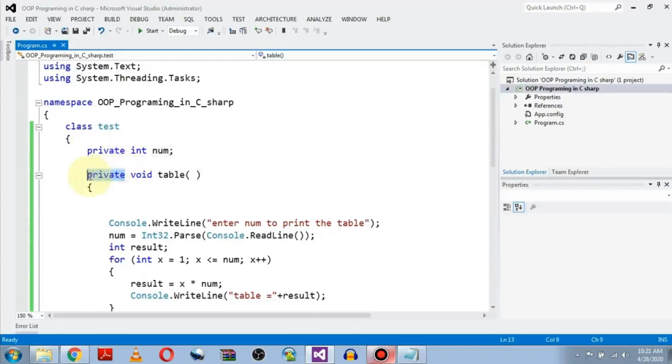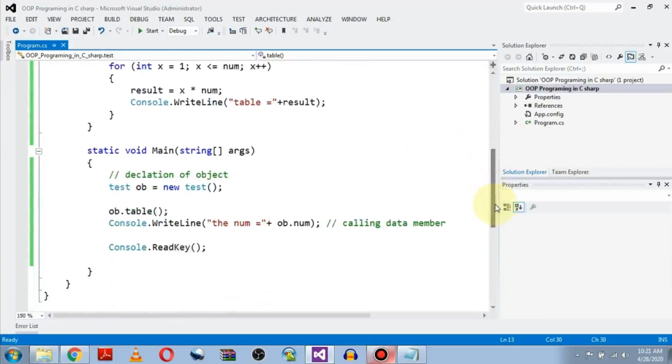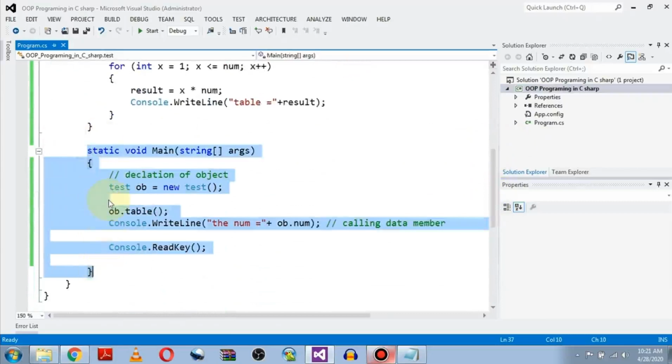The private specifier will never be used outside of the class body. Here we are using them within the class body, because in the structure of C#, within the class body we have a main function. If we are accessing them within the main function, there is no problem.